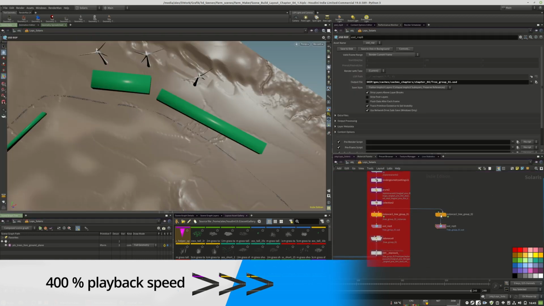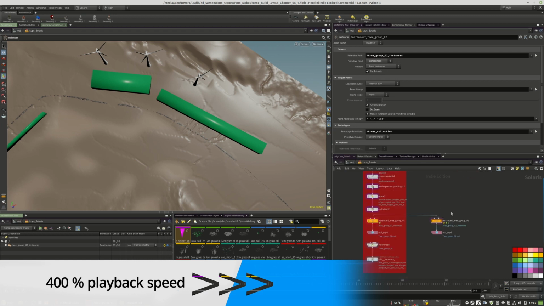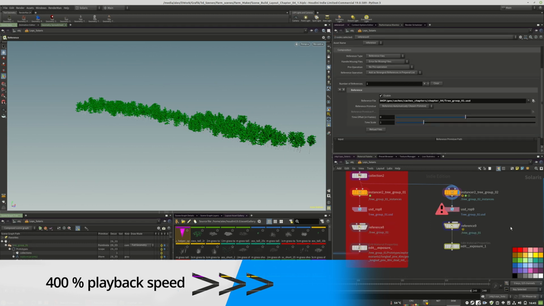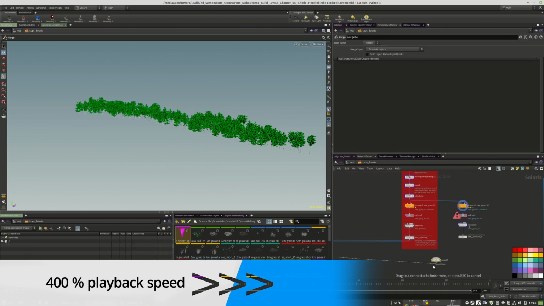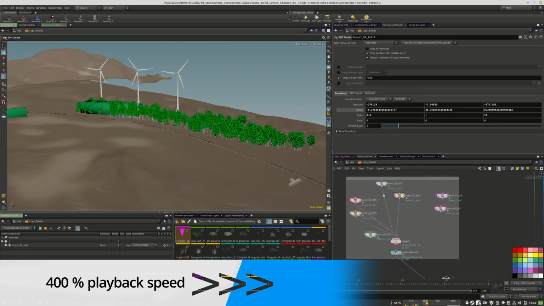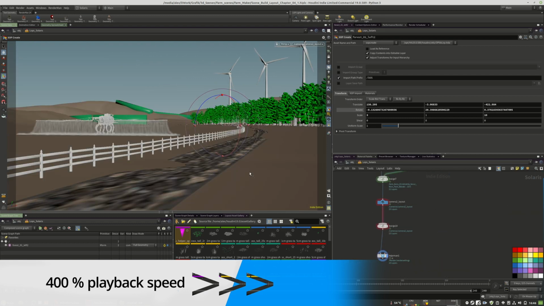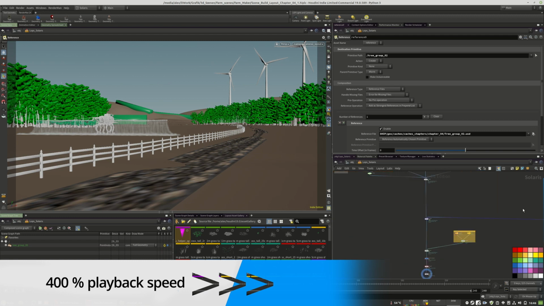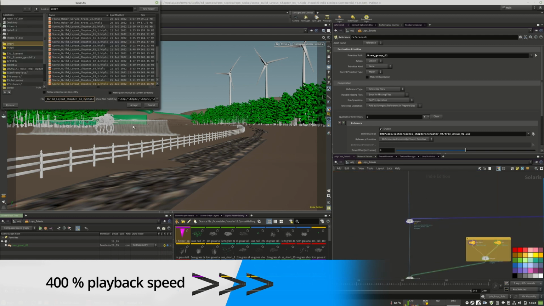Here I just copied the tree instancer, the point instancer, changed the namings and the corresponding path variables, deactivated the old dummy objects, and made sure that it is working, resaved it,